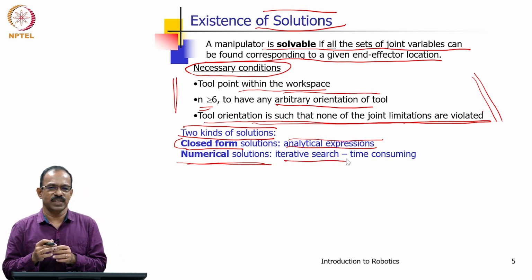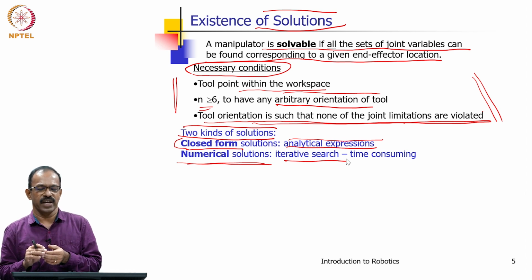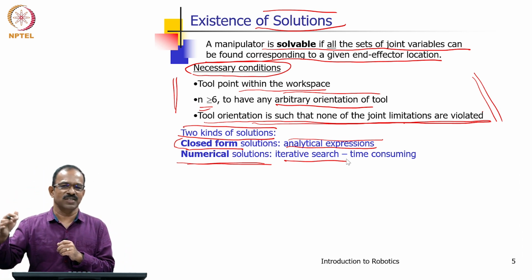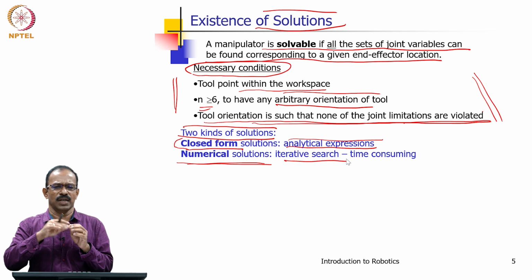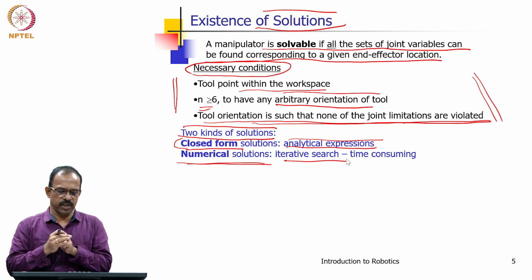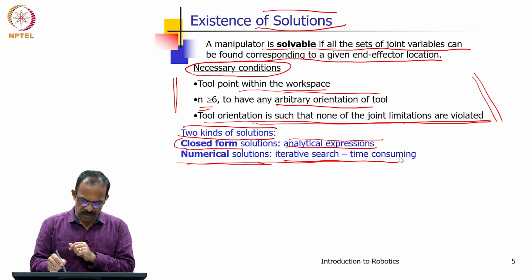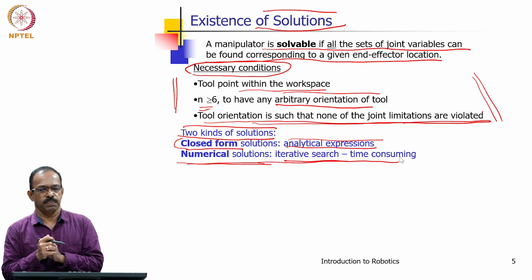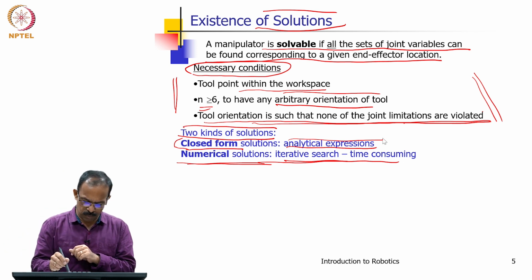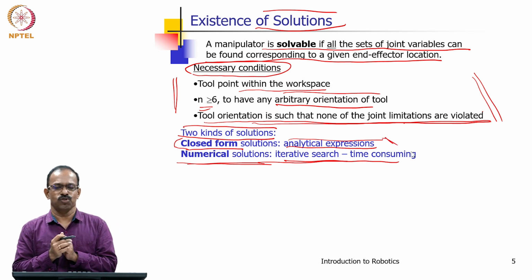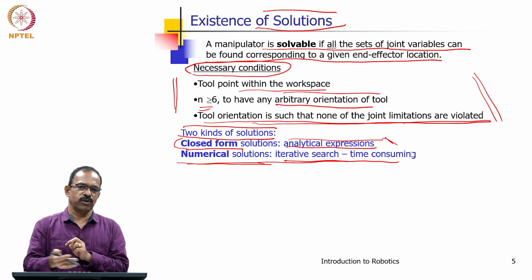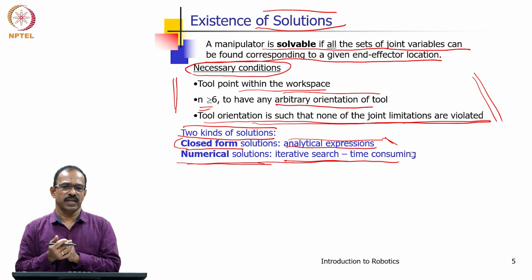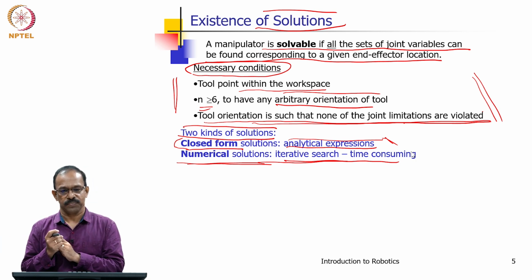So, you start with some value for each joint angle and then search all other joint angles which will actually lead to the desired position and orientation. And if you do a search, and at some point you will find that okay, this meets the requirement. So, that is the numerical methods, which is an iterative and time consuming method. So, whenever the closed form solution is not possible, we have to go for the time consuming method of numerical solution. Similarly, when you have a large number of degrees of freedom, you have multiple solutions, then also you may have to go for numerical solutions to get a most feasible solution.